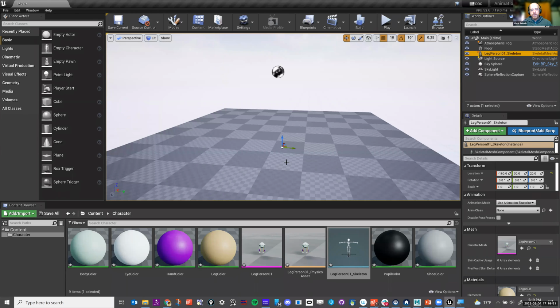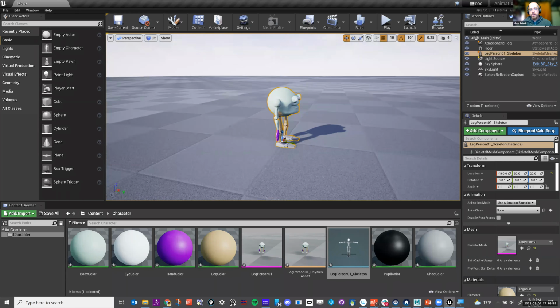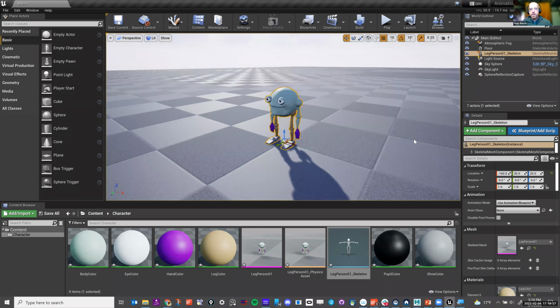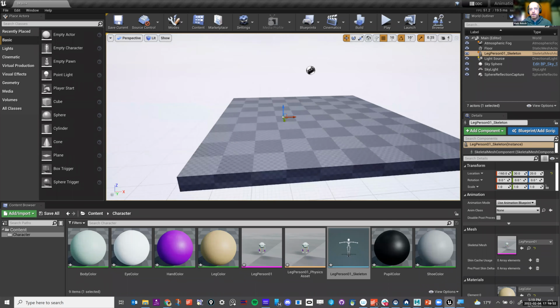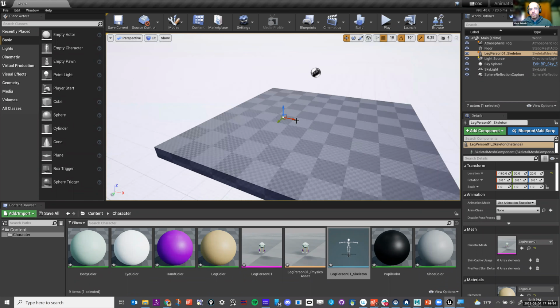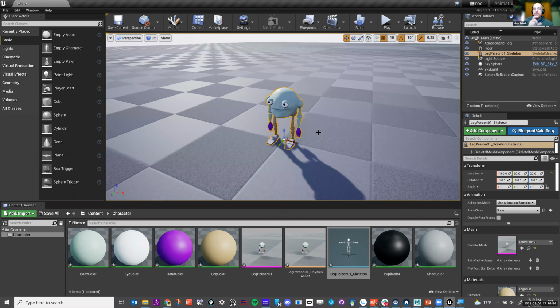If I wanted to zoom in and see it, just like Maya, I could press F and it will zoom in there. Now, if you noticed, I had to zoom, the default for Unreal is way back here, right? But what I'm zooming into is this little tiny thing. And this is where scale becomes important again. I didn't scale it up because I wanted to show you the difference between a scaled character or a not scaled character, what that would look like.